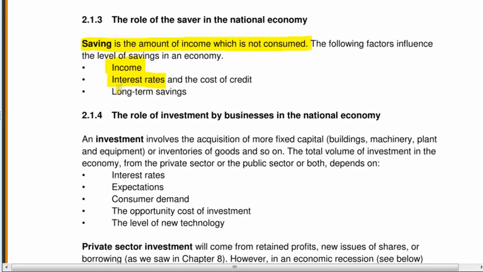And it's also affected by long-term savings. And the point with long-term savings is you put your money away and you can't get at it for years and years and years. So it's maybe not as susceptible to short-term fluctuations in things like interest rates and in the rest of the economy. You could put your money into a 5 or 10-year savings bond, okay, and then it really is locked away.